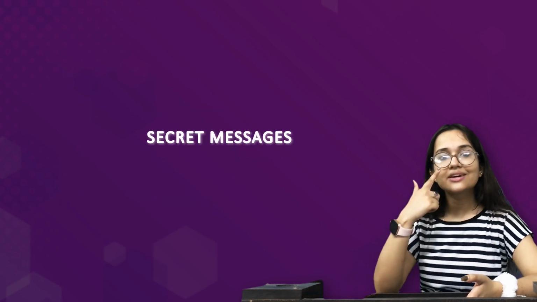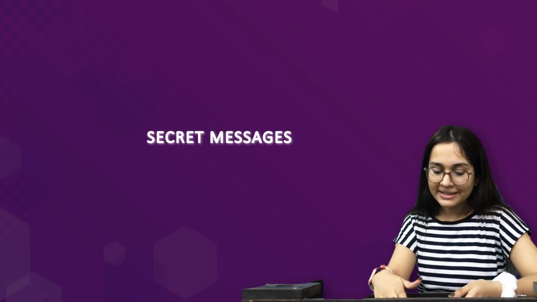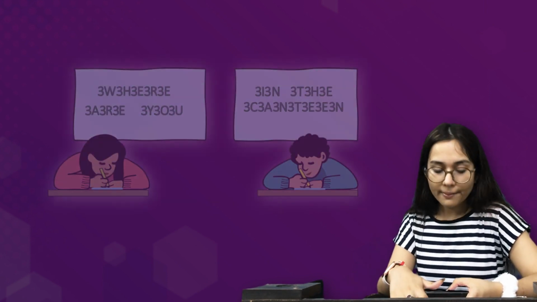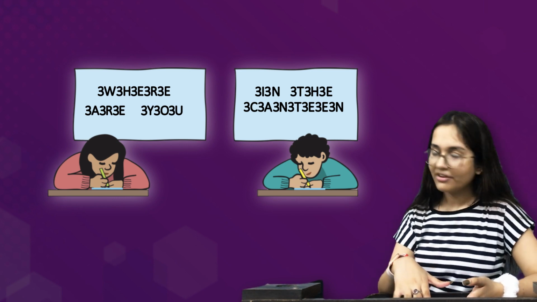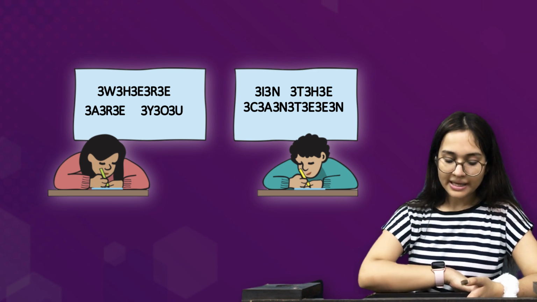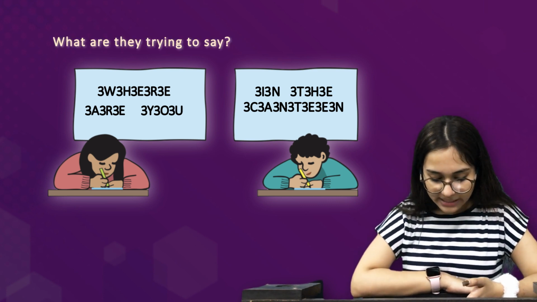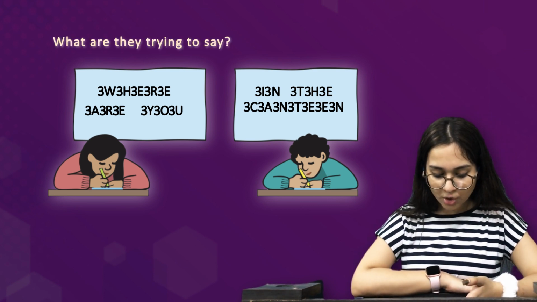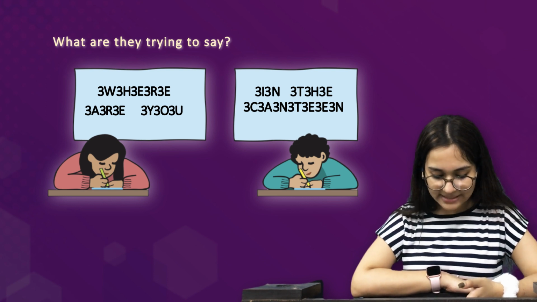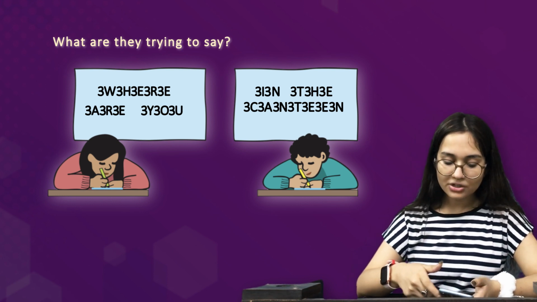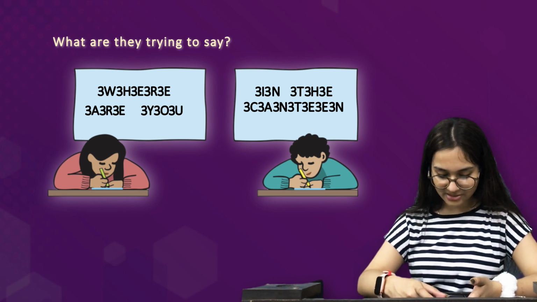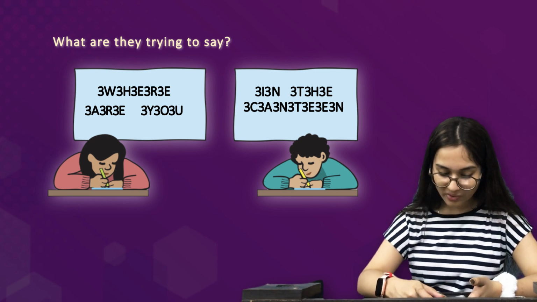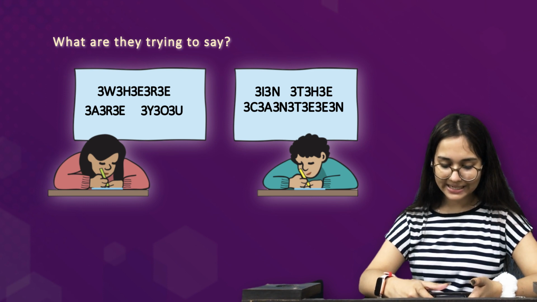After this, we have secret messages as well. Now these are very interesting. Amrita and Paritosh are writing secret messages. They have written these secret messages. Can you tell what they are trying to say? There are 2 secret messages. Look for the pattern and find the hidden sentences. So now what we need to do is look for the hidden patterns in their secret messages, and then find what exactly the message is.